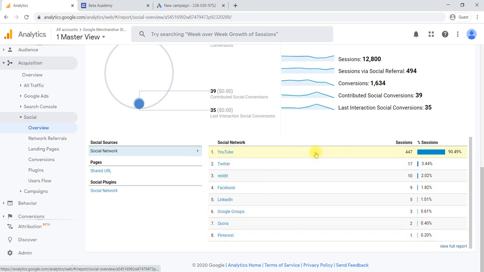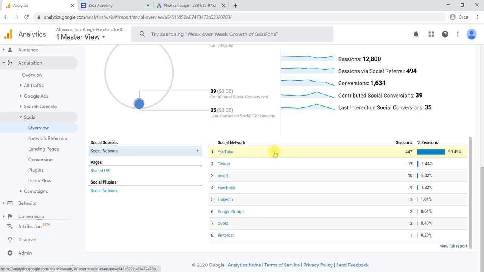In that, many of them are coming to our website through YouTube links only. In the sense, somewhere they are finding a video related to our page or our product, and from there they click on the website link and come to our website. So this will help you in next promotion.